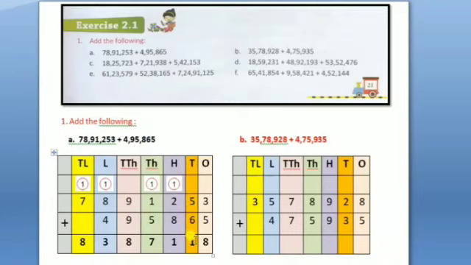So 11 is a two digit number, more than 10 it is having the value. So the extra value, that is 1, we will be writing here, and another 1 we will be taking as remainder, and that remainder will be written in the hundreds column. So 5 plus 6 is 11, remainder will be 1.